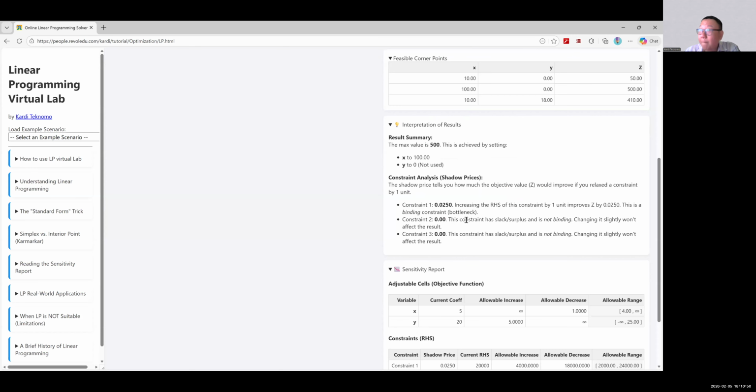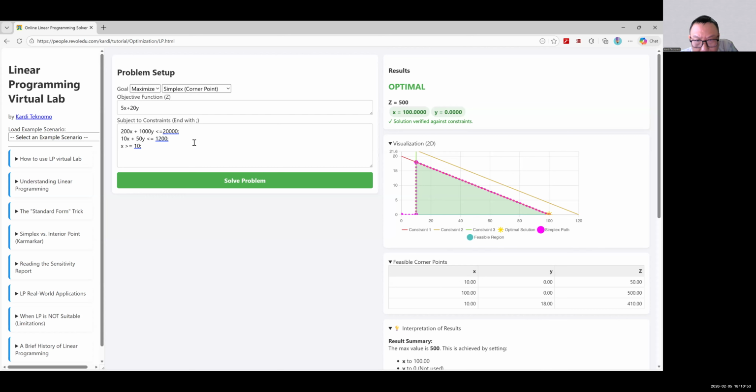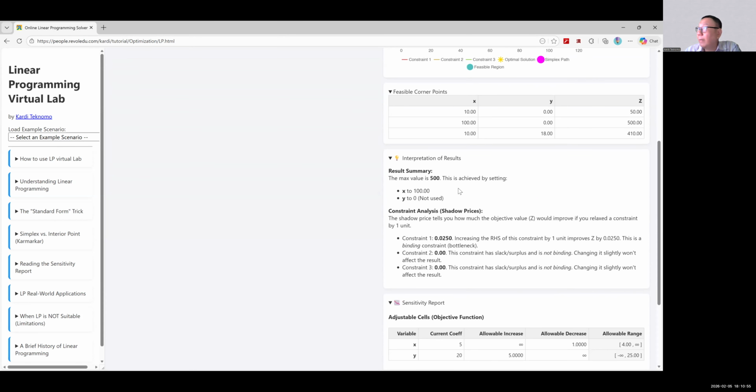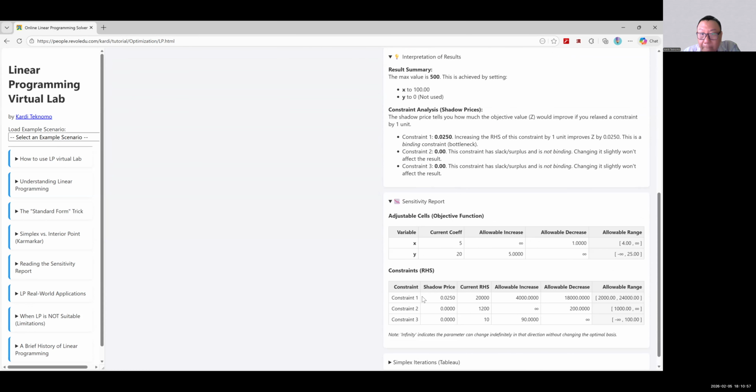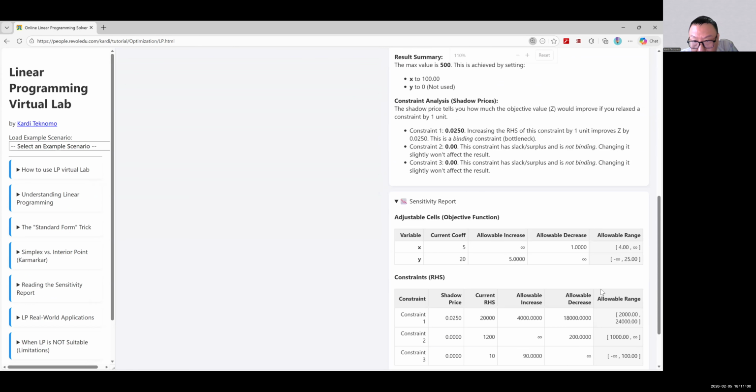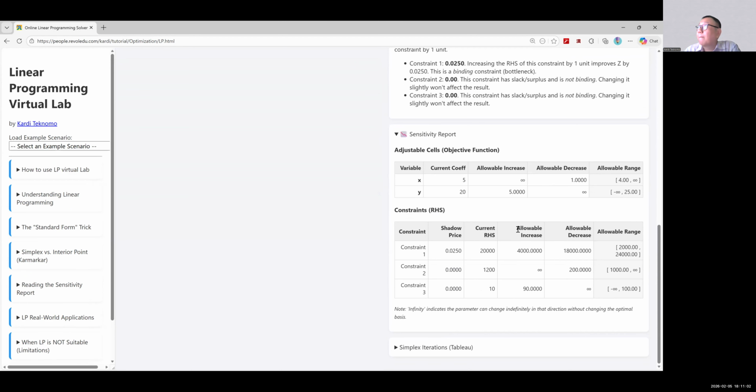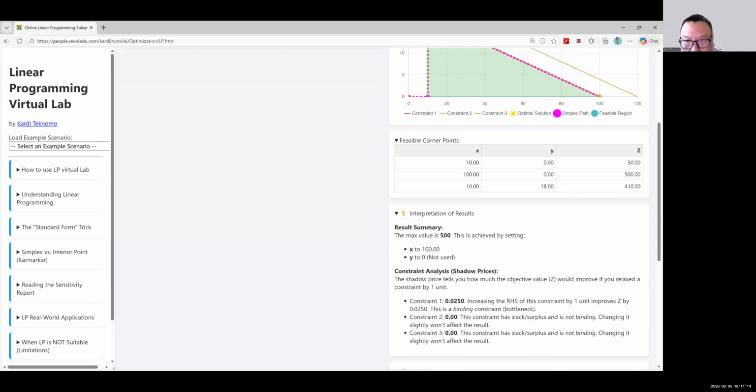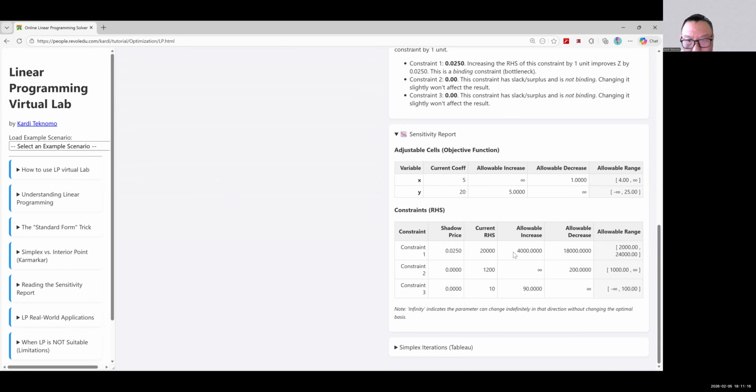Okay, sir. So here's our work. We replicated what was done. And then for the sensitivity, the results show that we can have an allowable increase in the budget by 4,000 and an allowable decrease of 18,000 for the budget.